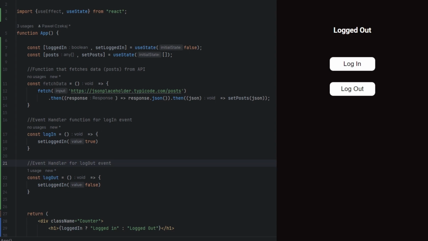Welcome. This is Pavel from Coding Jam Session, and today we're going to talk about the useState hook in React,